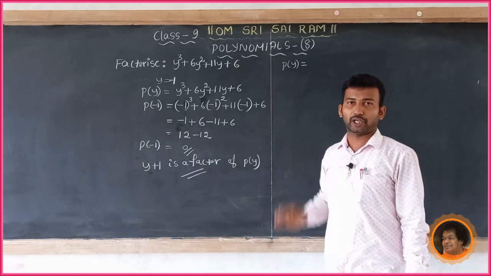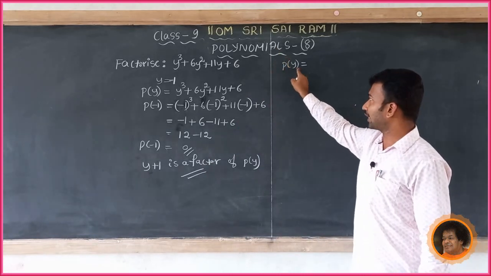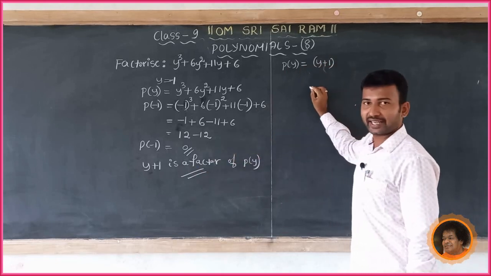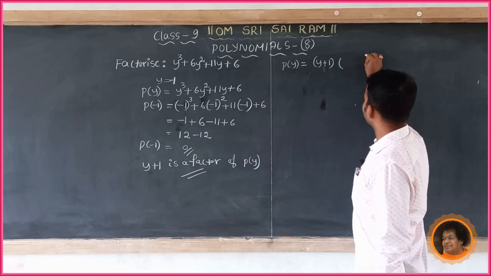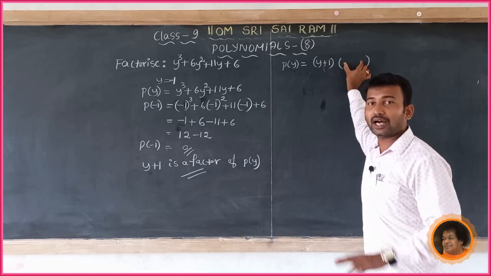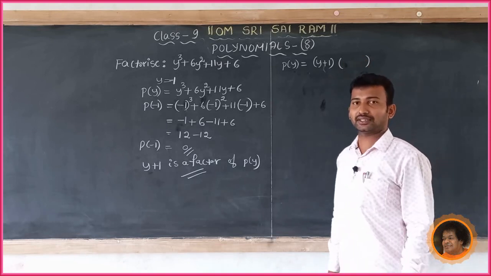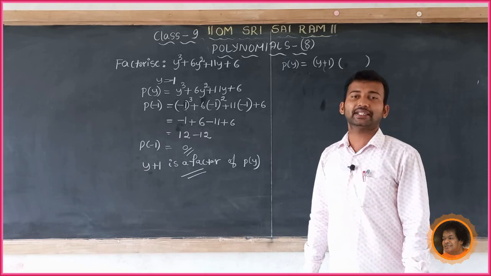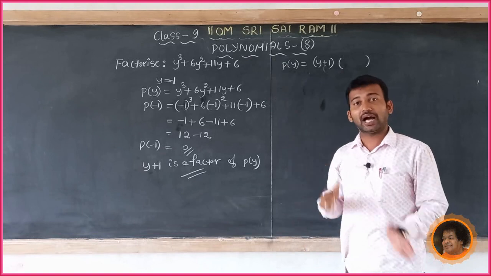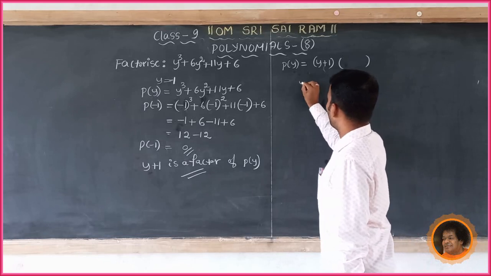P of y is the cubic polynomial. So, we can write p of y is equal to y plus 1 into something. Yes, the unknown factor, we should find the other factors. So, how to find the other factor? There are two methods. First method, by the hit and trial method, by substituting different factors of this 6 we can find other factors. Or one more method we have: write y plus 1